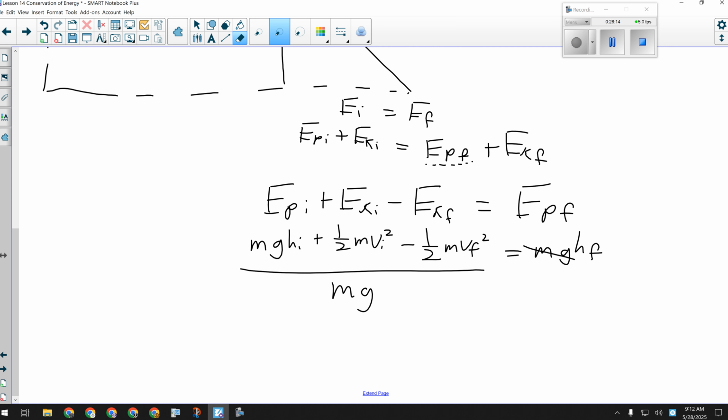The trickiest part to these questions is what kind of energy does it have at both points? Just like it was for work energy theorem questions. The trickiest part, what kind of energy is being changed? So for this one, we would have 70 kilograms times 9.81 times, what was the height of this hill? 30 meters. Plus 1/2 times 70 kilograms times 1.5 squared. That's the speed at the top. Okay, move this down.